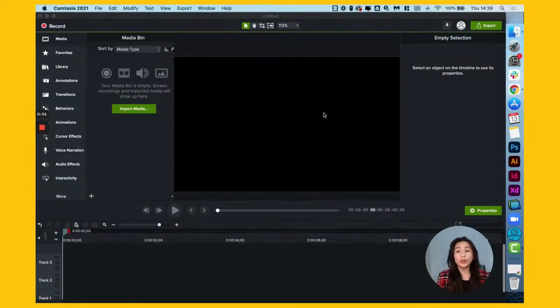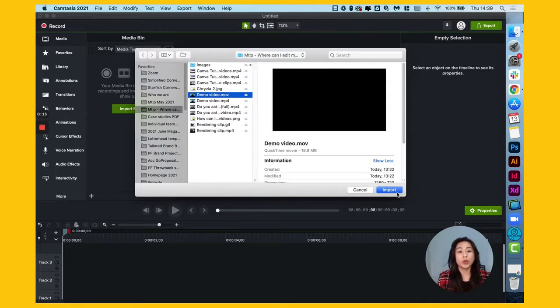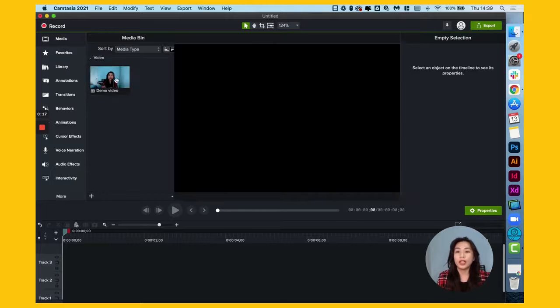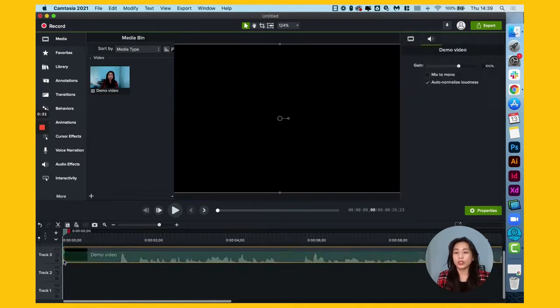Okay, so here's how you can use Camtasia to edit the audio of your videos. Now, once you open the app, you have here a green button. It says Import Media. And when you click on it, it's how you can import the video you want to edit. So I have this video over here, and let's just drag it onto the timeline down here and click